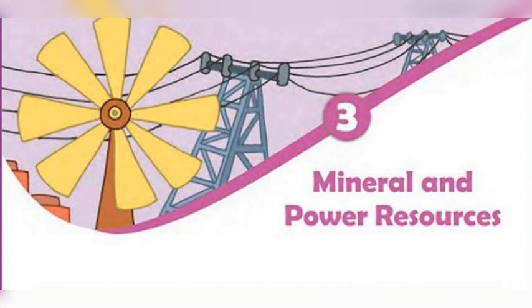Power resources may be broadly categorized as conventional and non conventional resources. Conventional resources. Conventional sources of energy are those which have been in common use for a long time. Firewood and fossil fuels are the two main conventional energy sources. Firewood is widely used for cooking and heating. In our country, more than 50% of the energy used by villagers comes from firewood.